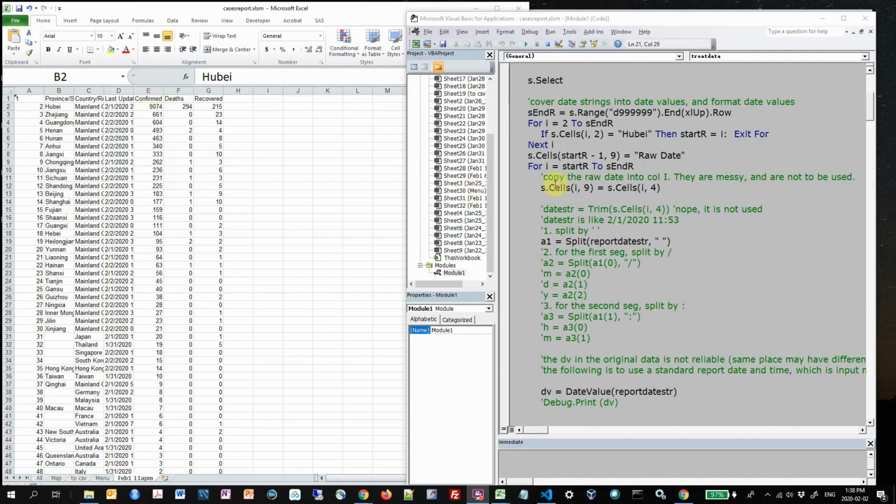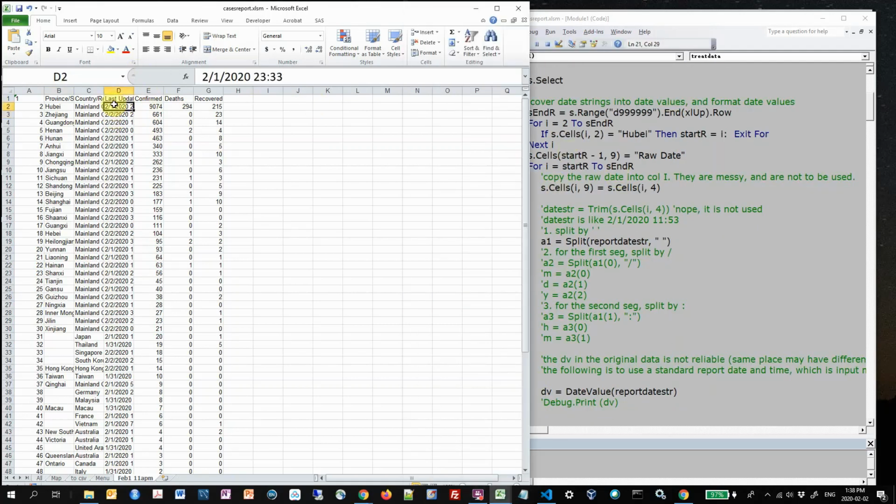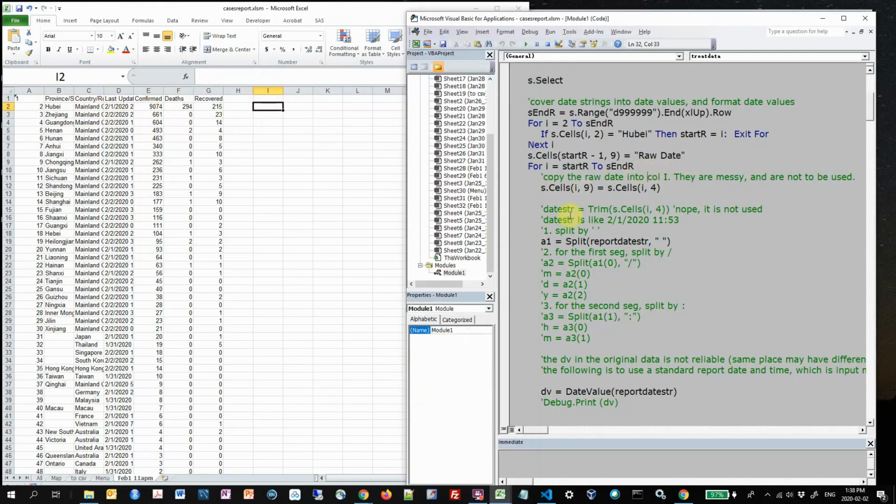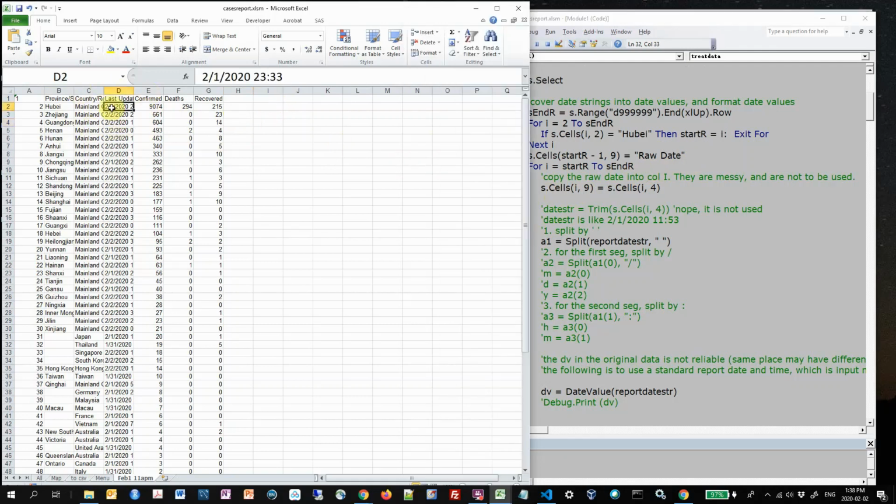The next step is that I'm going to copy the raw dates to this array. This one is for the death cases. I'm going to copy this here, and then I'm going to replace the original values with the standardized reporting type with